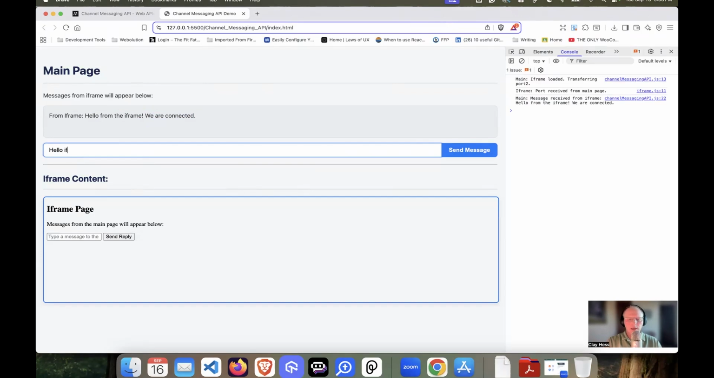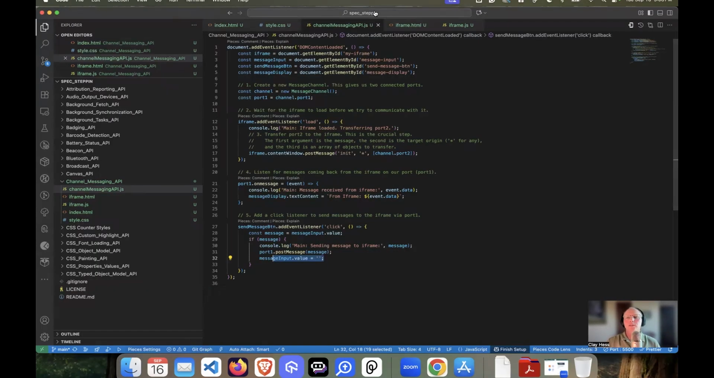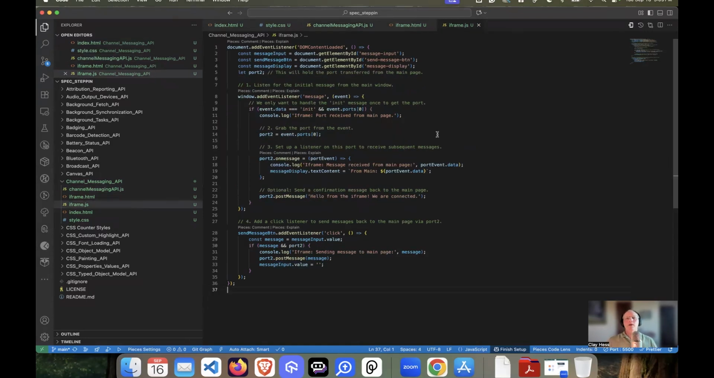Hello, iframe. This is the main page. Click send: sending message to iframe. Hello, iframe, this is the main page. iframe message received from main page: Hello, iframe, this is the main page, and it shows up down here. Okay, so now let's flip over to the iframe to see how it handles taking that phone from the main page